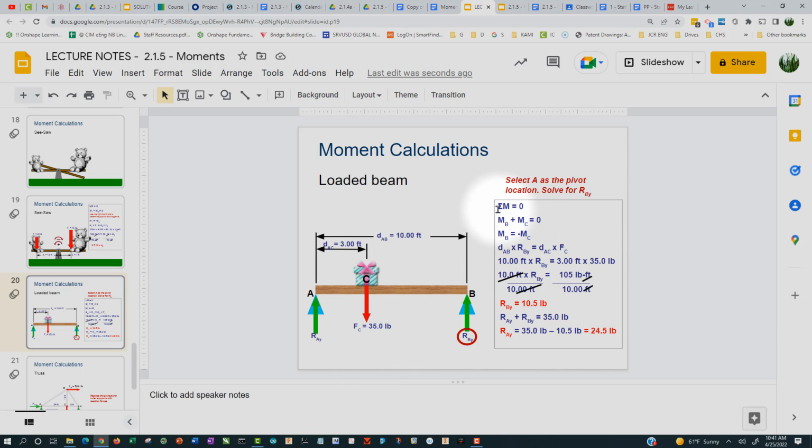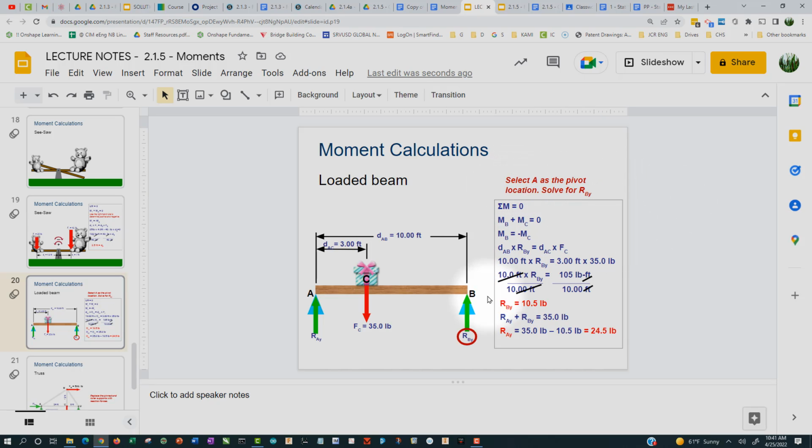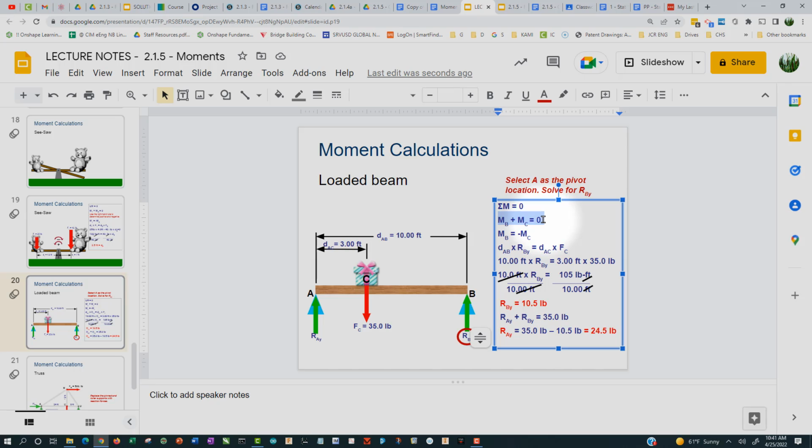And so we can use this formalism for rotational equilibrium. The sum of all the moments about any point that you choose must be zero. So it says select A as the pivot. You can choose anything, but let's choose A. Now, any force acting at A is going to have zero moment because the moment arm will be zero. So the moment due to B, which is the reaction force here, making it go that way, which is positive, counterclockwise, plus the moment due to the present sitting there